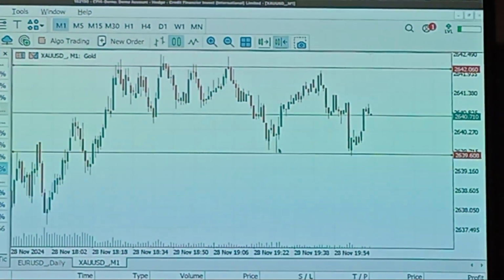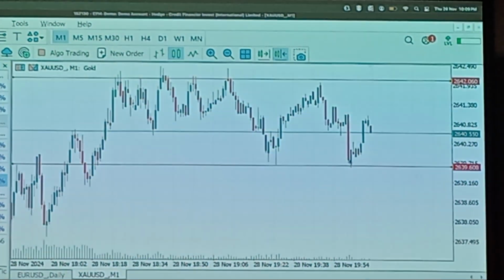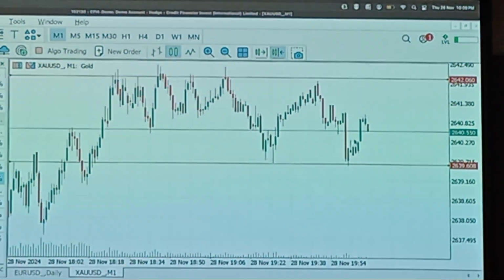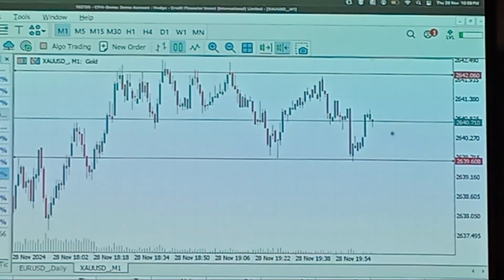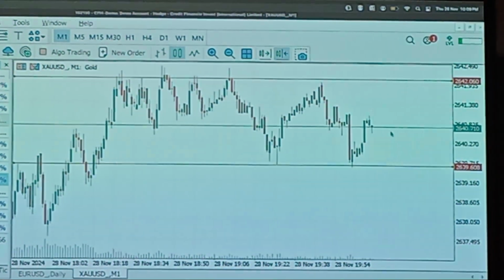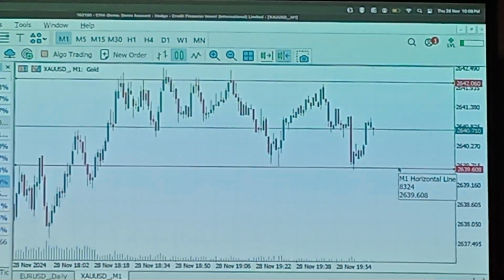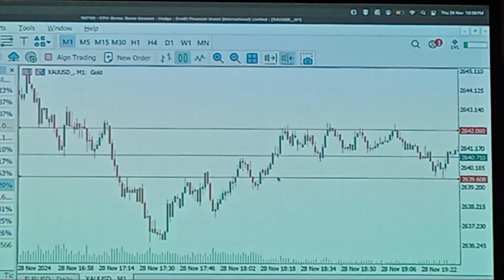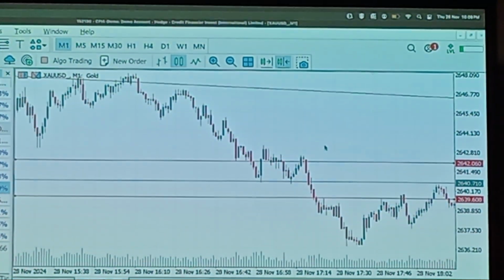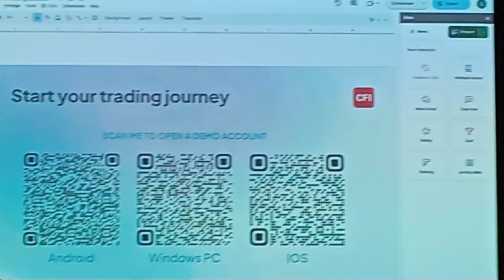So here we have the support line. We have 1 point rejection, another point rejection. As long as gold prices on the 1 minute time frame are between these ranges, I'm not gonna trade anything. I'm gonna wait for a clear rejection from either a support or a resistance line. And this is how I utilize candlesticks in combination with price action and bull and bear trap strategies as well. Now, something also